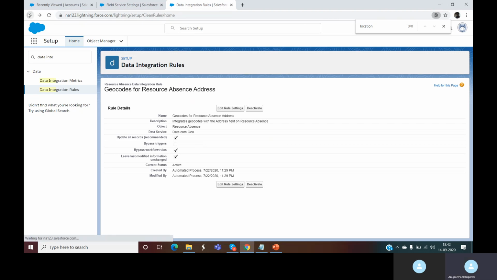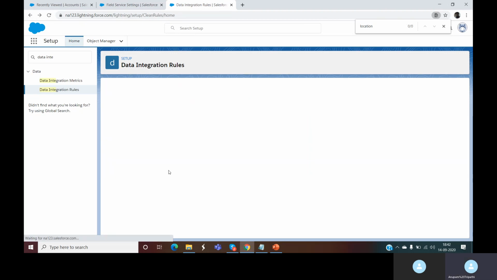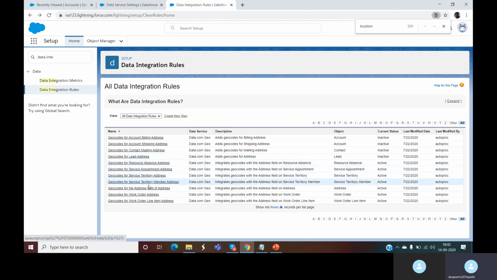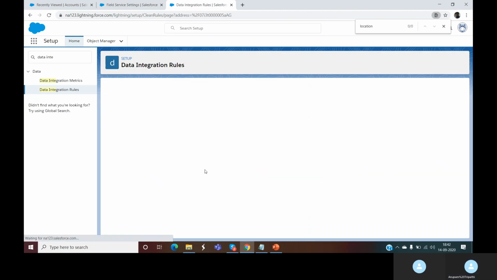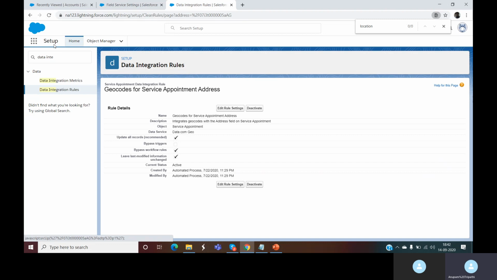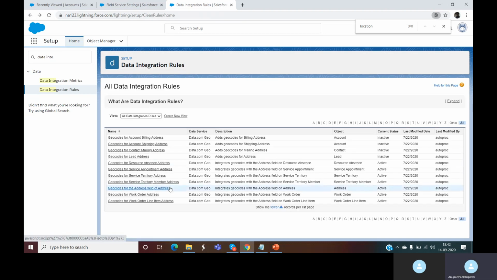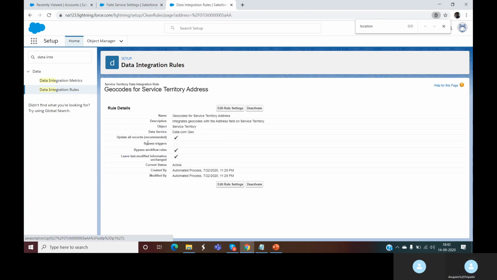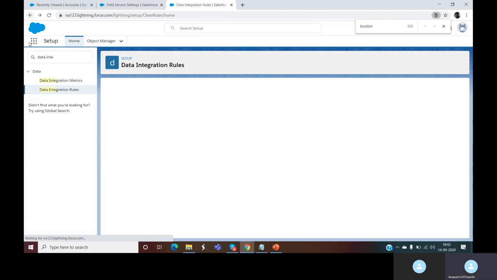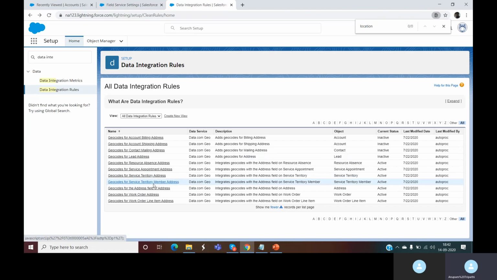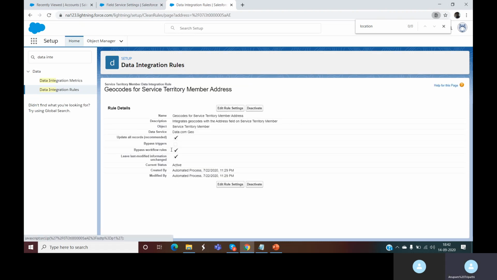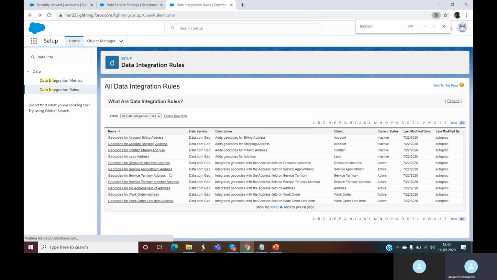Again, we'll verify the other values, and we'll do it for service appointment address as well. And we can see that the bypass triggers is unchecked. We'll do it for service territory address. The same is true for this as well. We'll do it for territory member address, because all of these store the geolocation information or address.